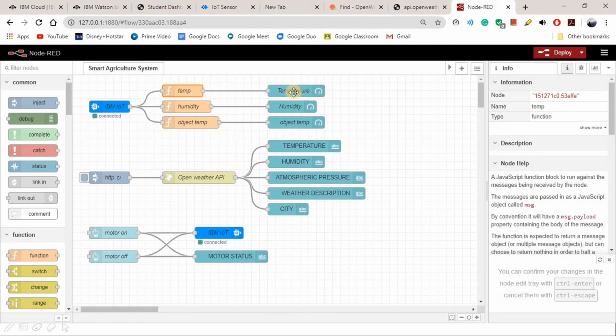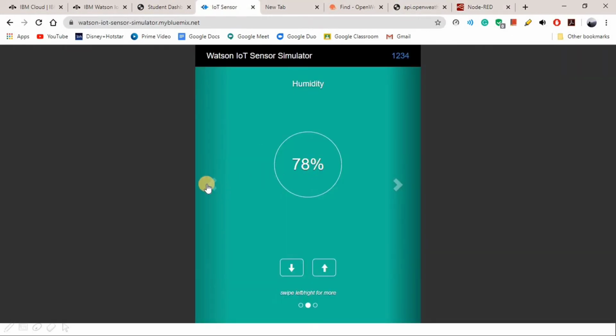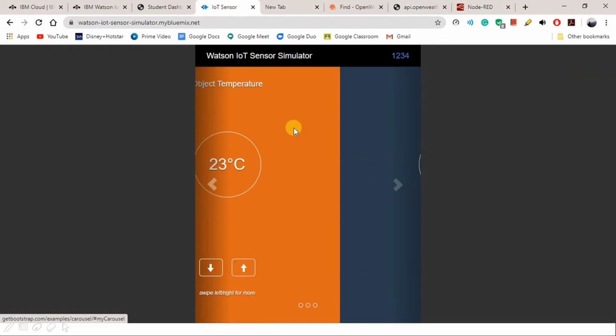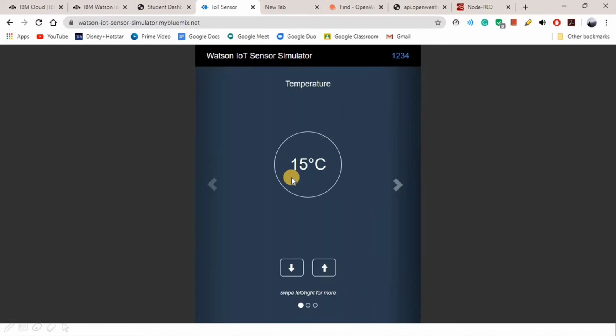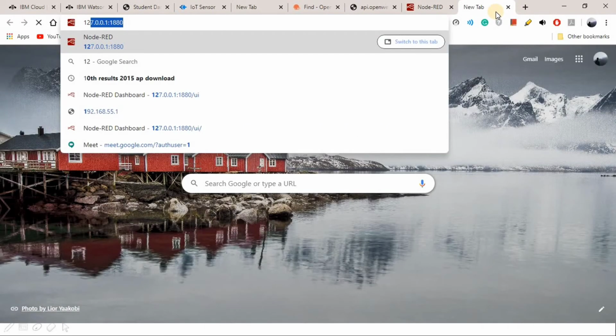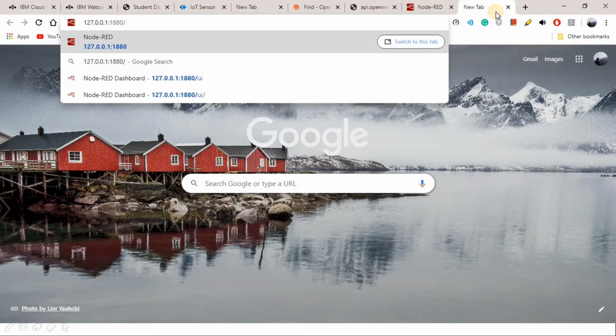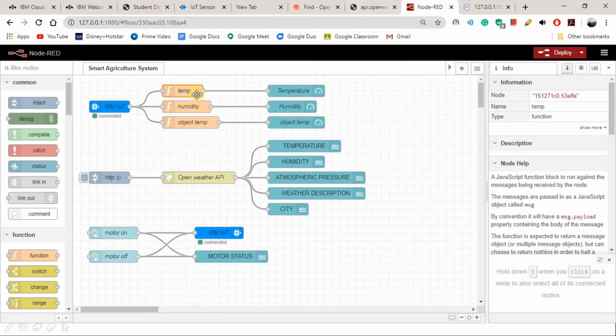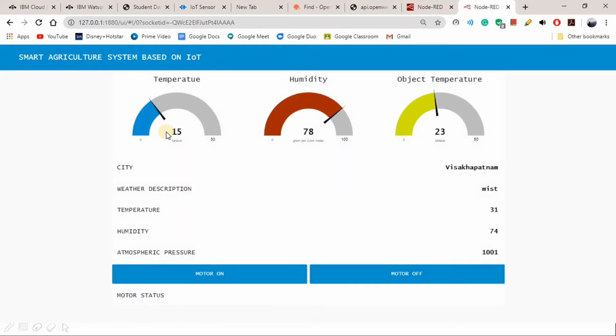As the temperature data is connected to the gauge, the IoT sensor data is 78. It's the temperature. The temperature of 15 degrees Celsius was showing in the UI. Let's check in the UI, slash UI. Yes, the temperature was connected to the temperature gauge.